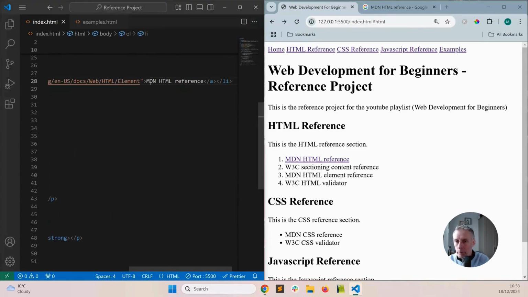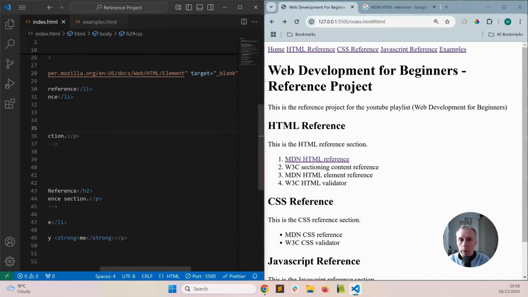Now let's go into the link we just created. And right after the URL, we're going to open it up in a new window. So we're going to use the target attribute. Again, VS Code will autocomplete if you hit enter once you start typing target. Then as we can see here, VS Code has suggestions. So we're going to use _blank by just hitting enter. Now when we save this,